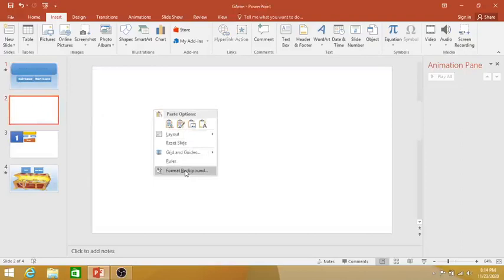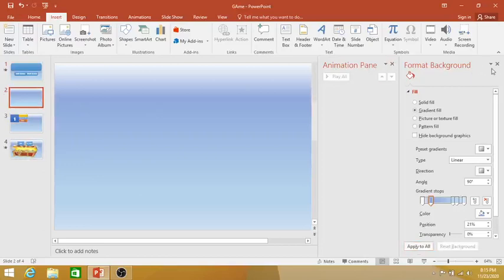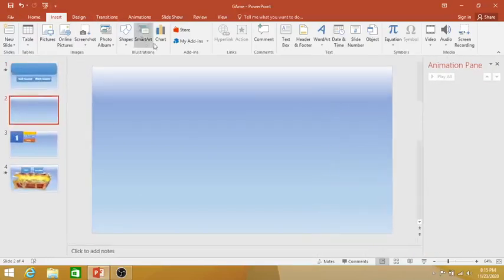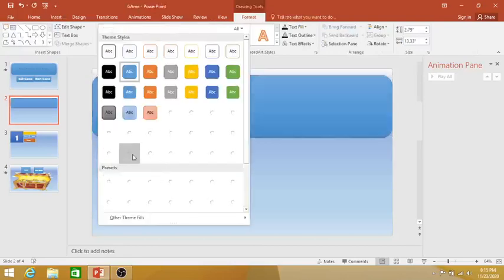So now we go to format background for the new slide that we have created. Okay, before that we need to right click and go to format, open format background, and then click apply to all, and then we go to the new slide, and then we go to shapes, insert the rectangle shape again, the curved rectangular shape, and here we again go to themes, and here